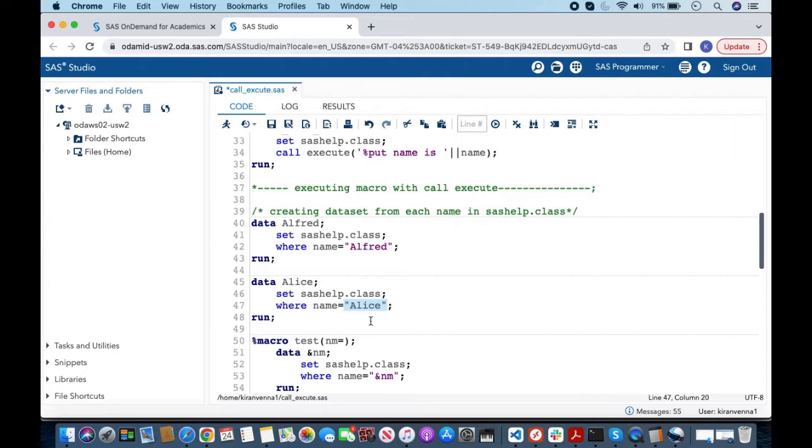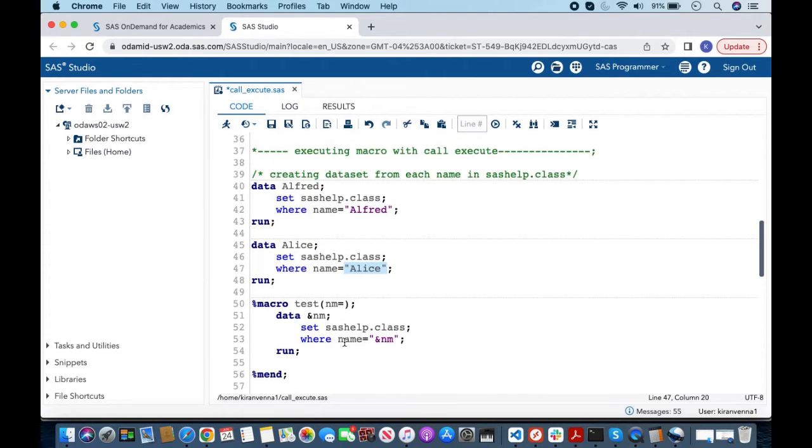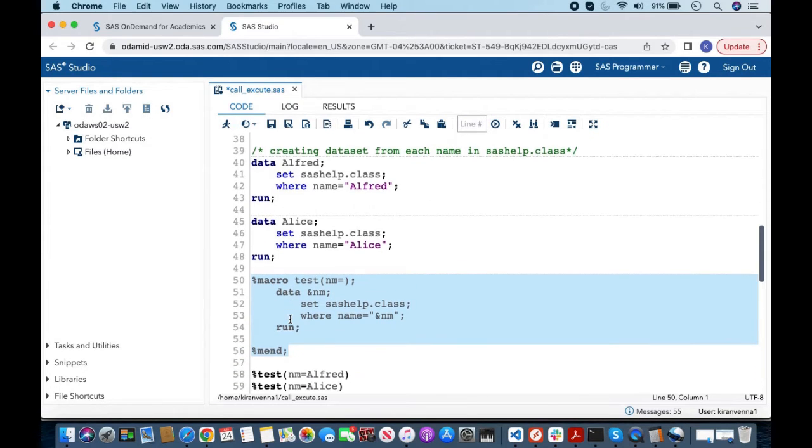Instead of that, we can create a simple macro, something like this, wherein I am writing percent macro test, and in the parenthesis I am writing nm equal to, and then in here I am mentioning data &nm; set SAS help.class; where name equal to &nm in the double quotes; run; and then I'm closing this macro. So once we create this macro, I can pass Alfred, Elise,